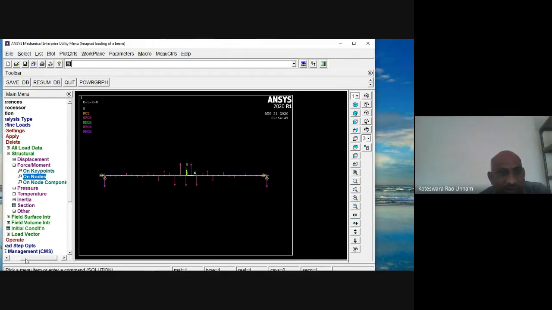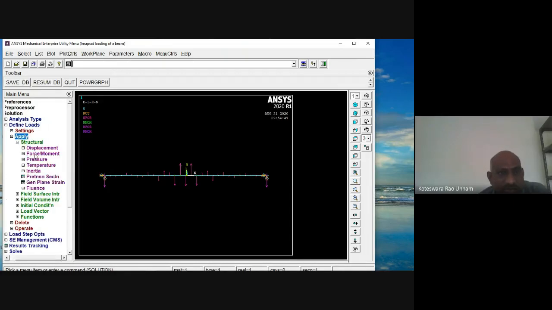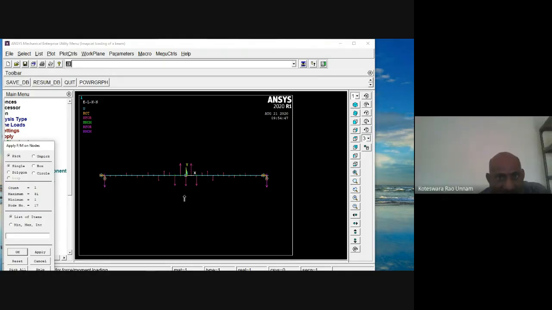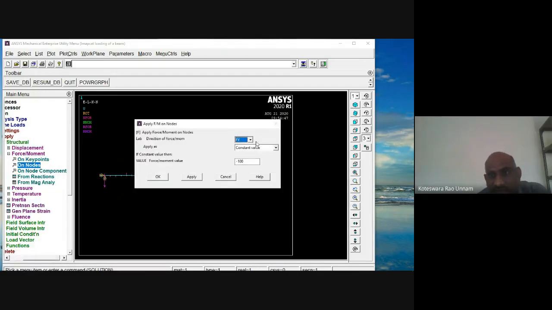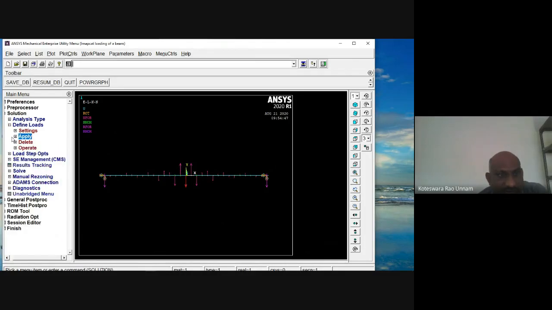Now I'll define the load steps. Similar to the previous case, we do the same thing, but the only difference is that now we need to input the additional parameter, which is damping. So again we'll apply the force. Apply force on node. You need to select the first one. Click OK. Verify whether the node number is 17 or not. That is important. Exactly at the center you have node 17. Then Fy is -100. That is okay.